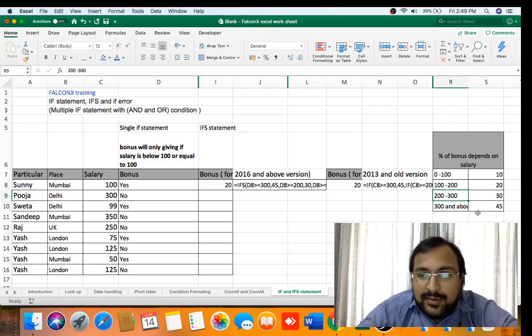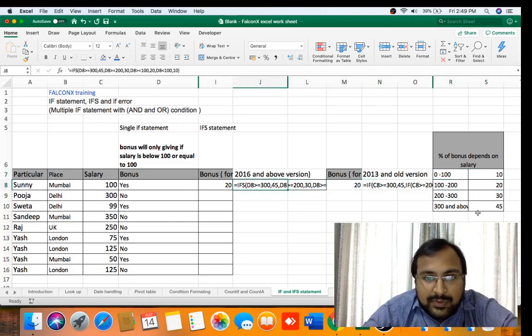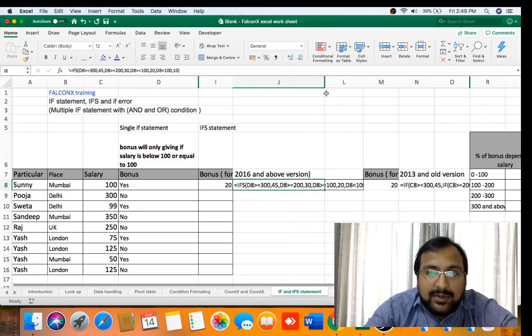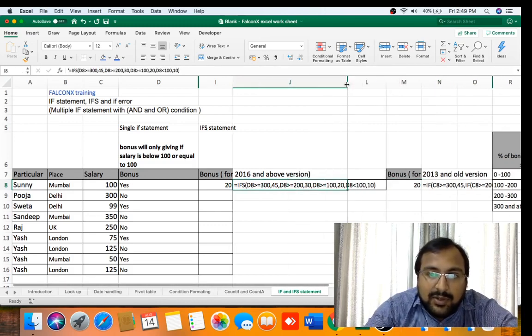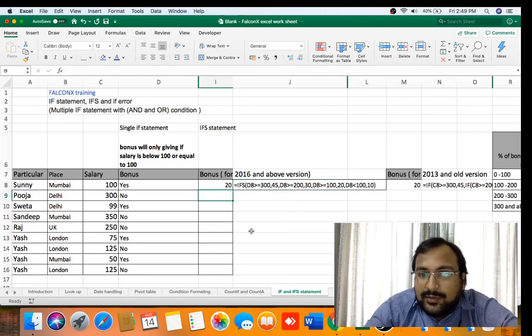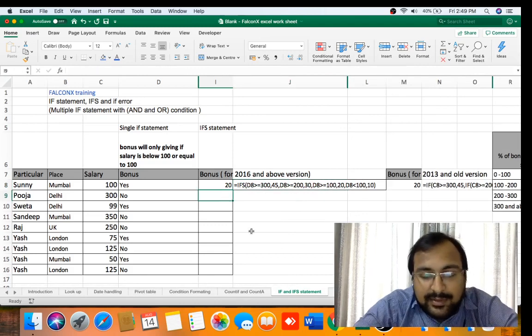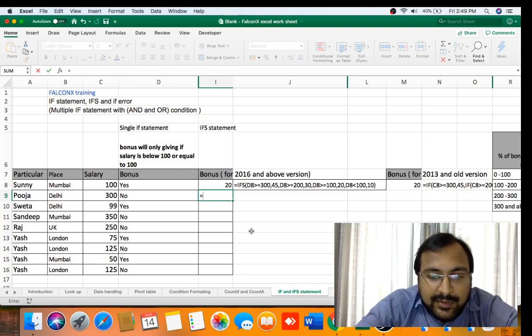If it's between 200 to 300, we will give him 30. If it's between 100 to 200, we will give him 20. If it's between 0 to 100, we will give him 10. The formula I am using is for 2016 and above. For 2013 and older versions, I will show you the formula later in the video. So here we will use if else statements.